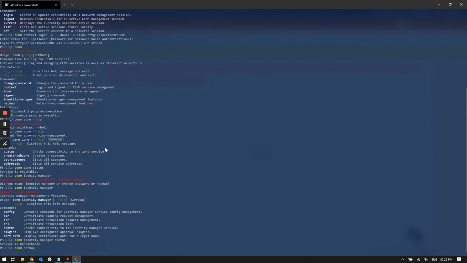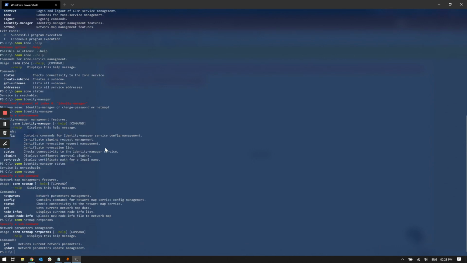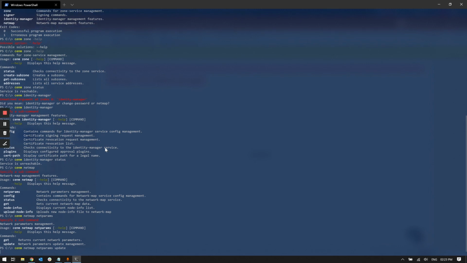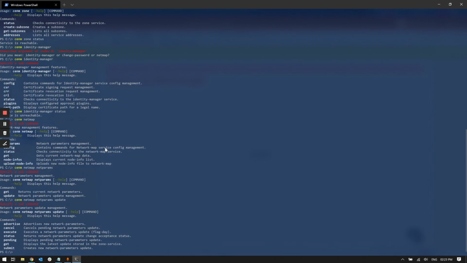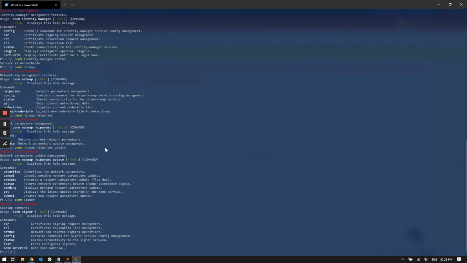And there are also different network map operations available. You can manage the network parameter updates fully from this command line interface, as you can see. And obviously, you can run signing commands if your user has the proper entitlements. So I hope this small introduction gives you an idea about a new way of administering CENM. Of course, more detailed information is available